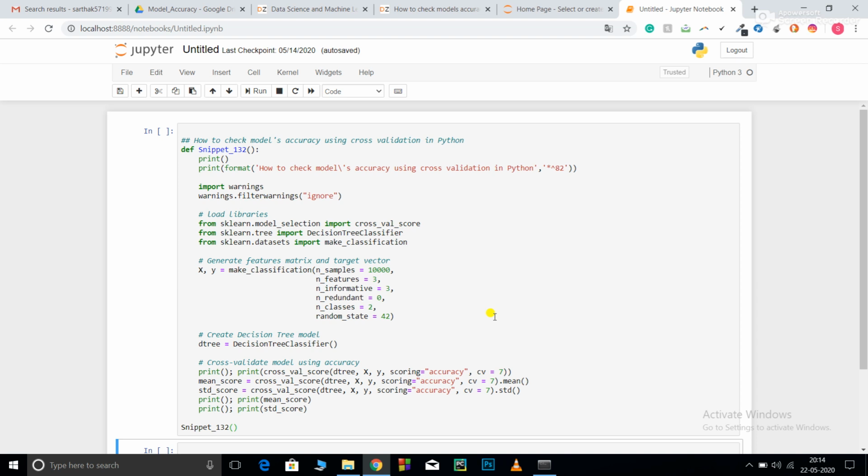Then came the cross validation method. What the cross validation method does is split your data into the number of cross validations that you want. For example, as you can see here, I pass CV equal to 7. This means I want my data to be split into 7 parts. So it is going to train my model on six parts and test my model on the remaining part, and it is going to do that for every part, every time picking six different parts for training and testing on the remaining one.